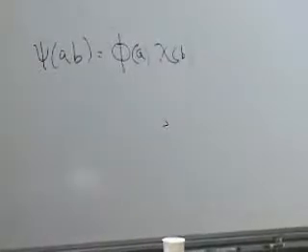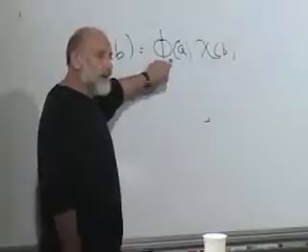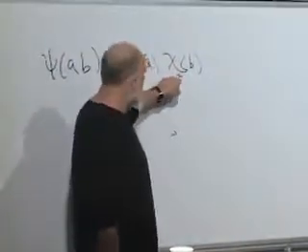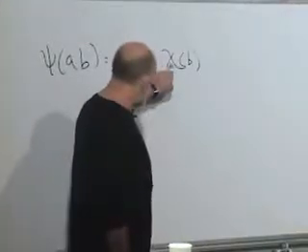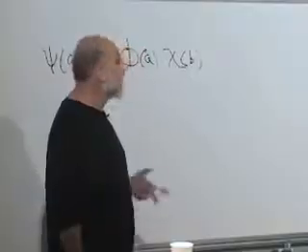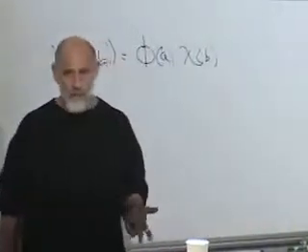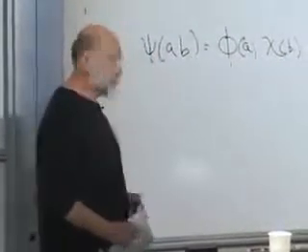Really, all this is saying is that the combined system is a pure state phi for the A subsystem and a pure state chi for the B subsystem. We'll assume that phi and chi are normalized, so that chi star chi when summed over B is equal to 1, phi star phi when summed over A is equal to 1. Those conditions are equivalent to the normalization of psi itself.